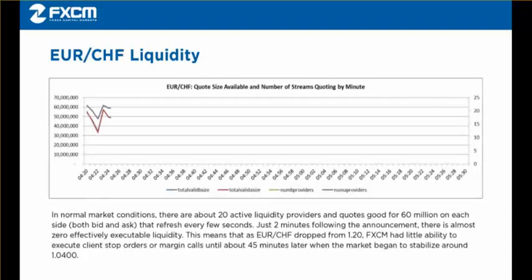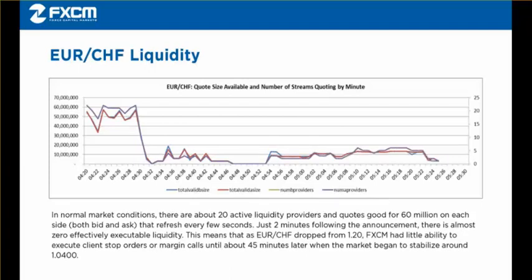This chart shows the decline in liquidity during the timeline of the event. In normal market conditions, there are about 20 active liquidity providers and quotes good for 60 million on each side, both bid and ask, that refresh every few seconds. Here, executable liquidity drops to basically zero 2 minutes into the event. This means that as Euro-Swiss was dropping from 120, FXCM had little ability to execute client stop orders or margin calls because there was almost zero effectively executable quotes with liquidity until about 45 minutes later when the market began